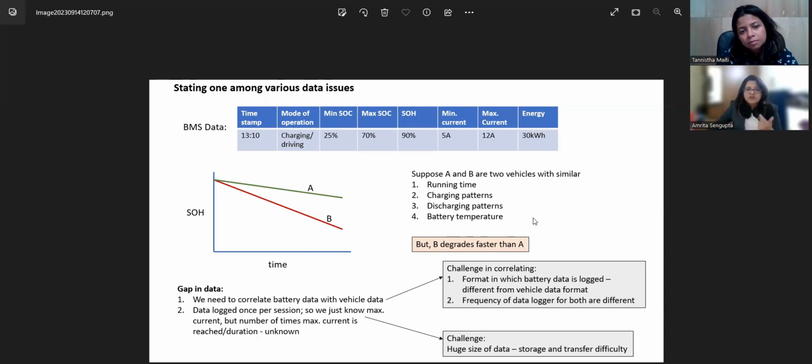First is we need to correlate the battery data with the vehicle data. Why? What do you mean by vehicle data, Amrita? What kind of vehicle data are you looking for here? So vehicle data means, for example, the speedometer reading, then the terrain, where it is, like the latitude, longitude, so that you know the altitude of that place. So if a vehicle is running in a mountainous region,